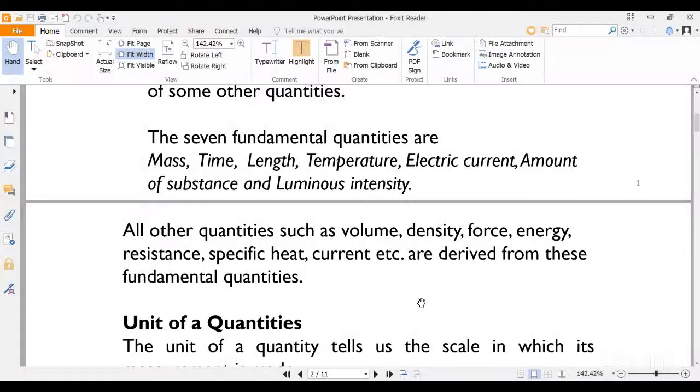So I have mentioned to you why volume, density, and force couldn't make the list of fundamental quantities, but are derived quantities. If you look at the definition of energy, you can as well see the reason why it also does not qualify. Every other thing we have listed here is not qualified because their definition depends on the definition of